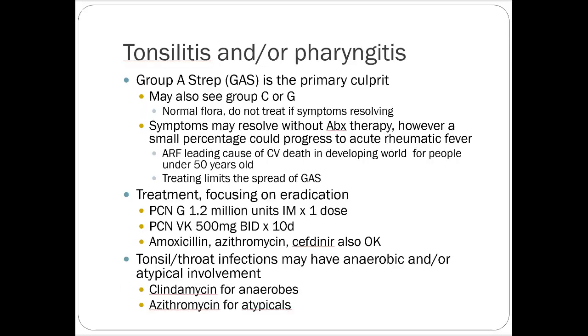Tonsillitis, pharyngitis, this is where strep throat comes into play. So group A strep is usually the primary culprit here. If you culture the throat, you might see group C and G strep. Group C and G strep are usually normal flora in the upper respiratory tract and usually aren't indicative of a specific infection. Sometimes they can overgrow a little bit and cause problems, but generally speaking, let's say,